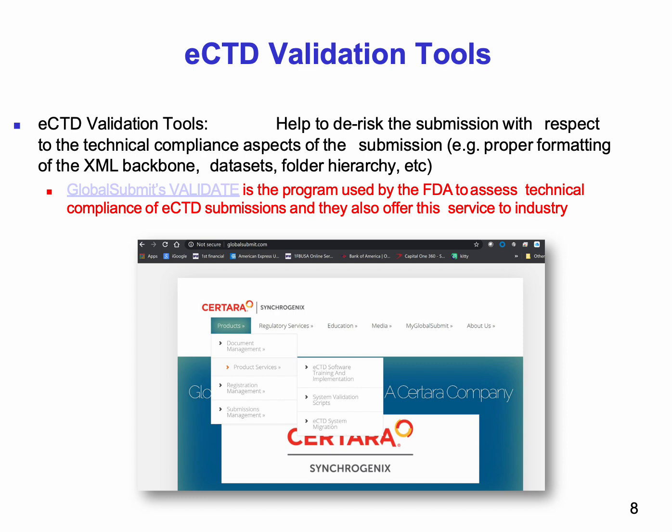Now let's talk about the eCTD validation tool. So this is to look into the validation. It's going to look into whether or not we have a proper formatting of the XML backbone, looking into the folder hierarchy based on the ICH M4. As we already looked into that, ICH M4, you can find that on ich.org